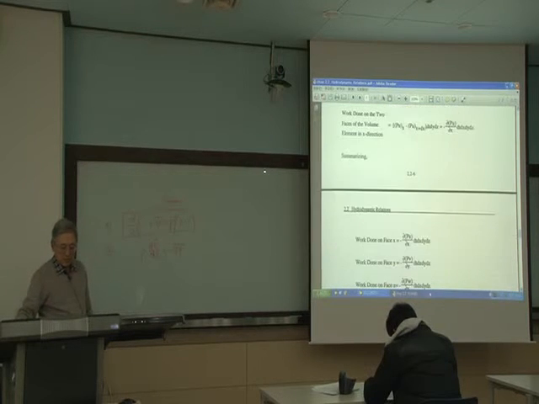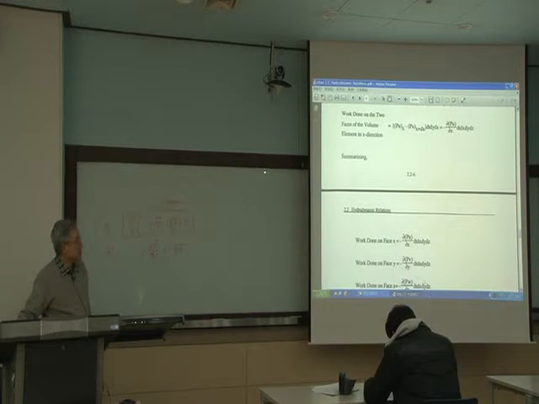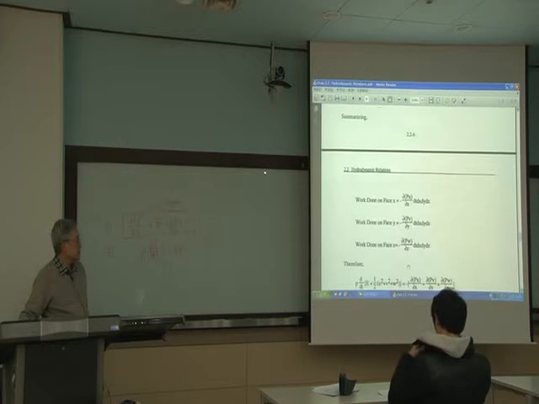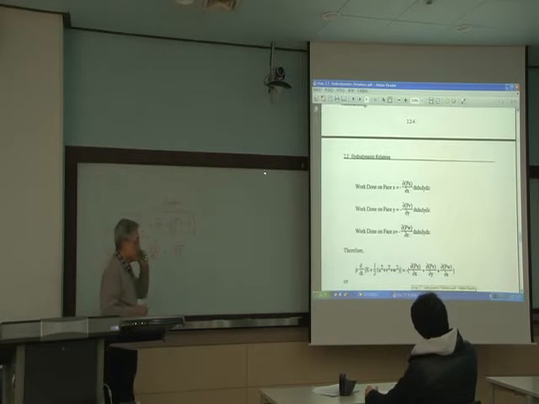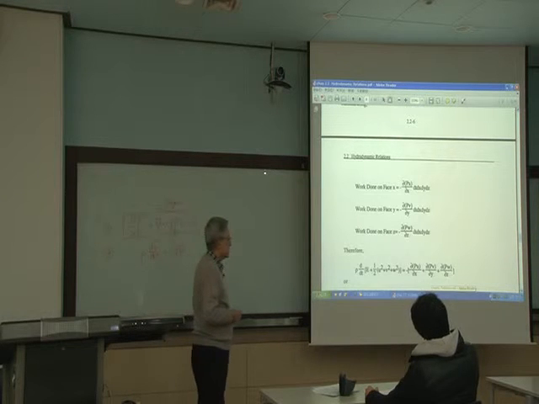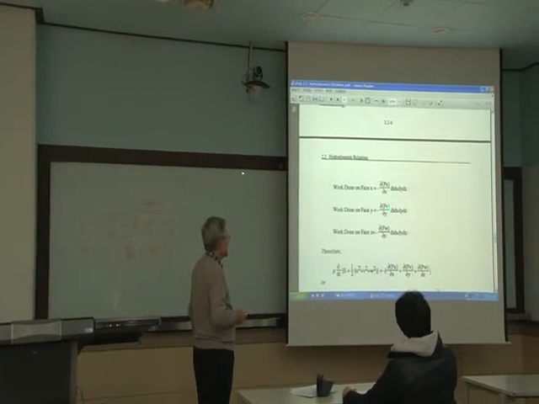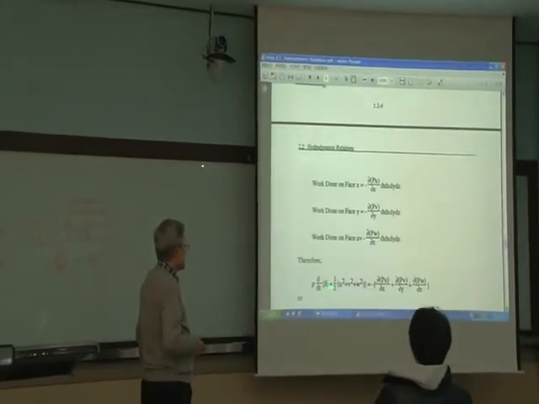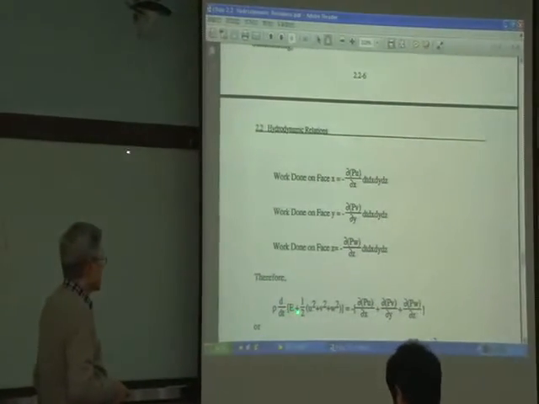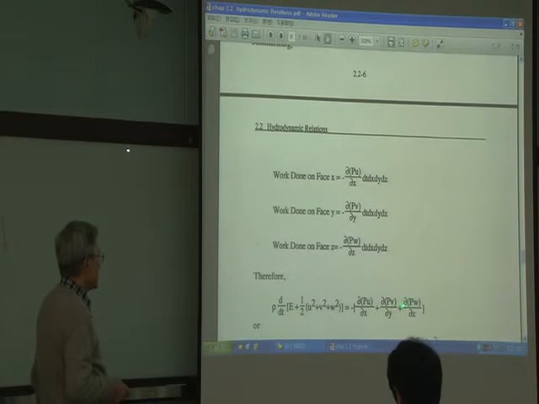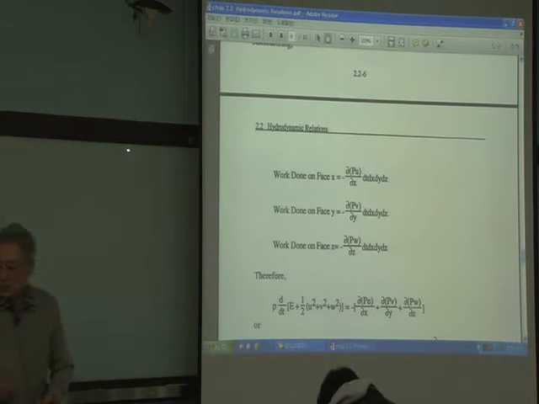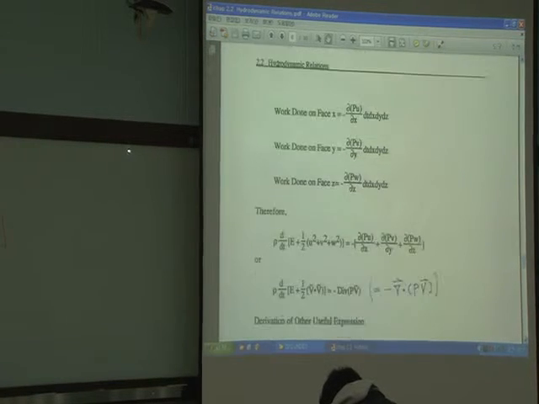And you can do a similar way for the y directional, almost identical, right? This one and that one. And this is for x, the same as that one. This is for y, and this is for z. So if you then add together, this is the right hand side, this is the left hand side, the total change in energy, then it reduces down to that form for conservation of energy.